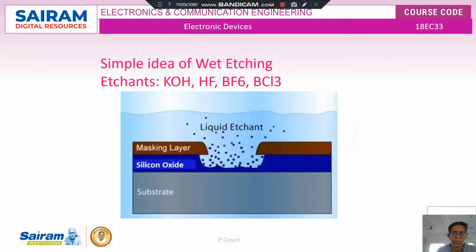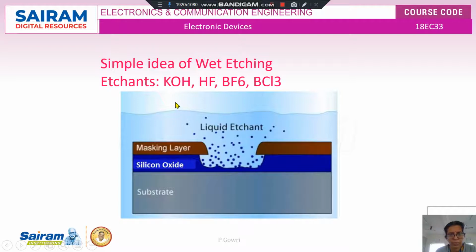Here this is an isotropic process. We can see that this is a masking layer. This masking layer is obtained using the photolithography process. That is, this part will become hardened and only this will be softened.